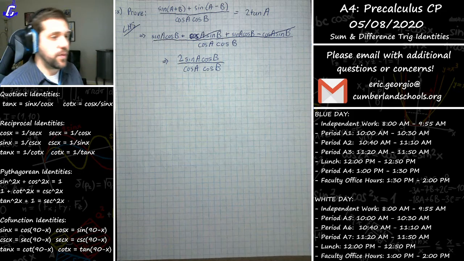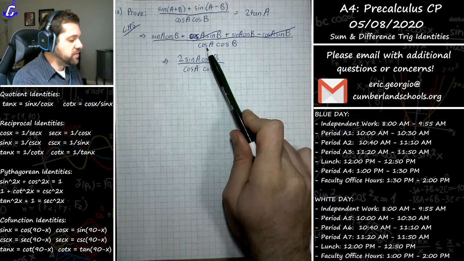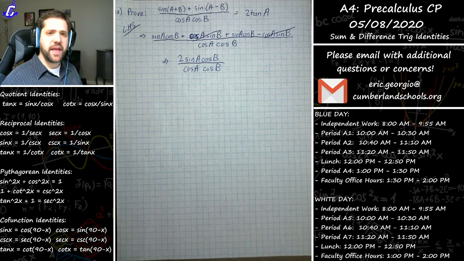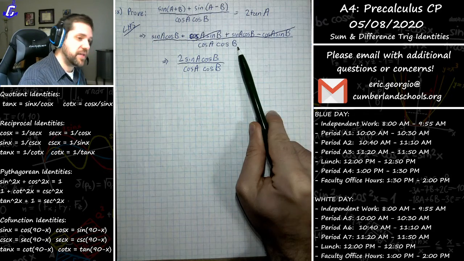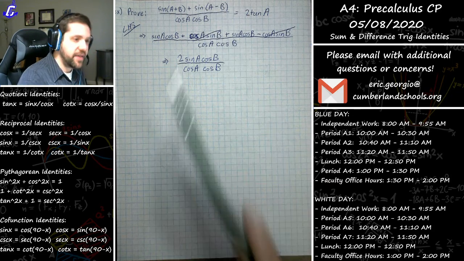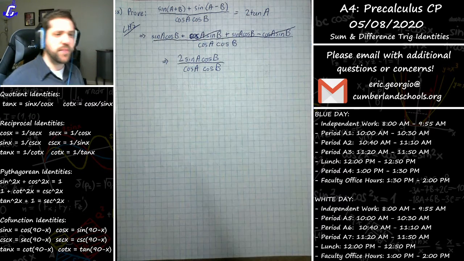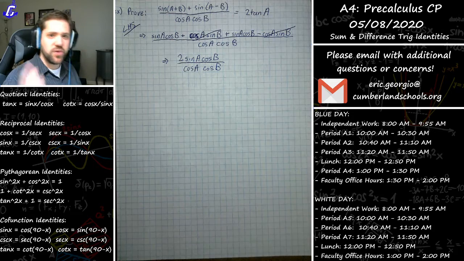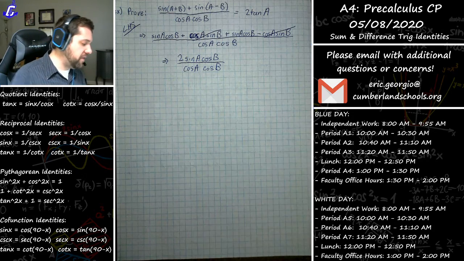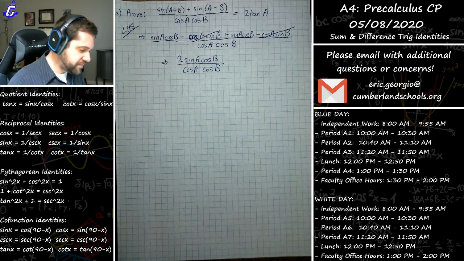I want to point out before the next step, notice a common mistake a lot of students will make is they'll say, oh, cosine A and cosine B, doesn't that make cosine squared? Well, that would be true if it was cosine of A and cosine of A. If you had cosine of A and cosine of A, absolutely, you could rewrite that as cosine squared of A. But cosine of A and cosine of B are two completely different things. It's like if you said the cosine of X and cosine of Y, or just regular old X and Y. You couldn't combine those in any way. So just be mindful of that. These would have to be the same for you to be able to condense them down. I don't want that mistake to happen.